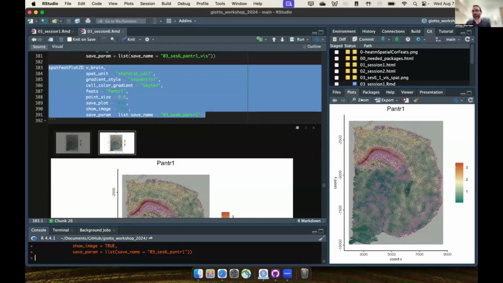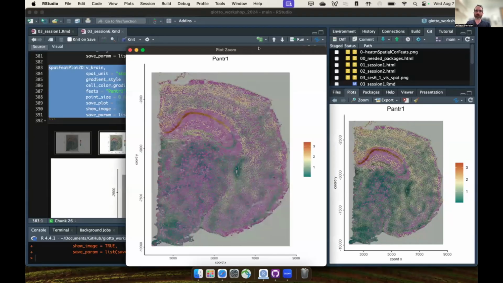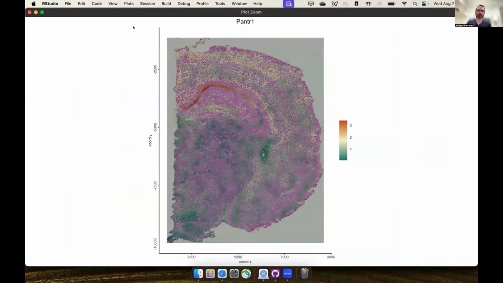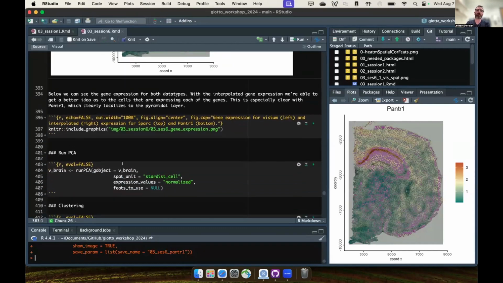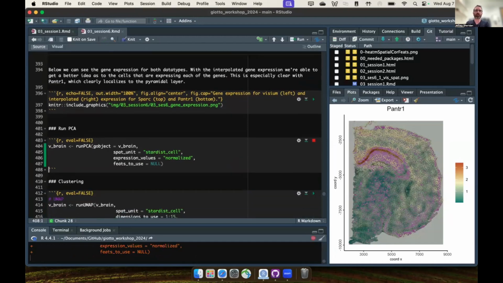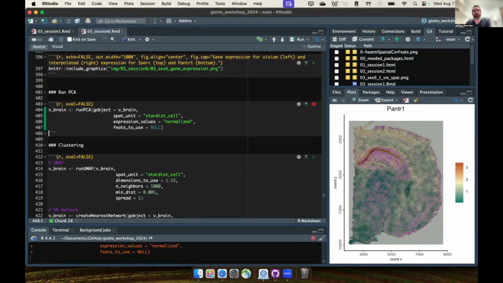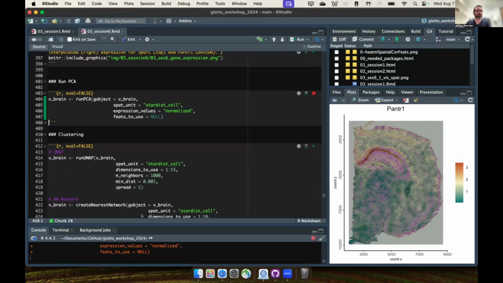If it wants to zoom in, no. There we go. Sometimes these will, no, not letting me zoom in further, but we can see it nicely localizing to the structure within the brain. And so from here, we can also run our normal analyses. So we can run the PCA, and we're going to run through everything up to the end of clustering